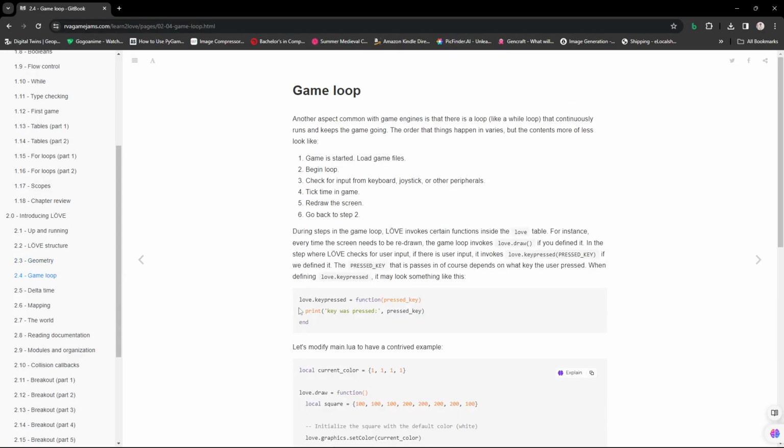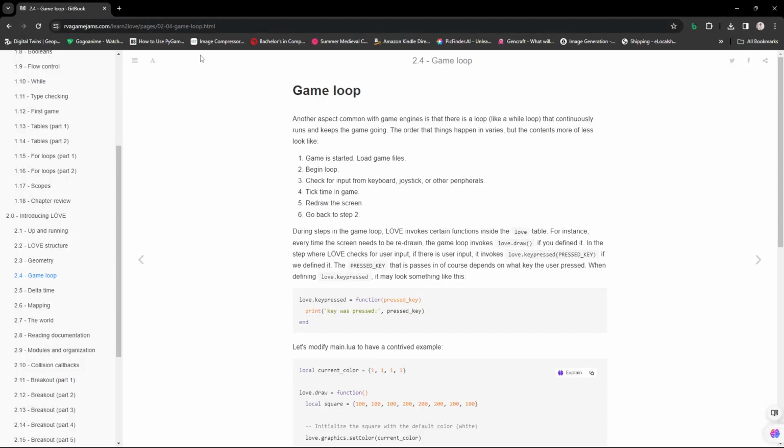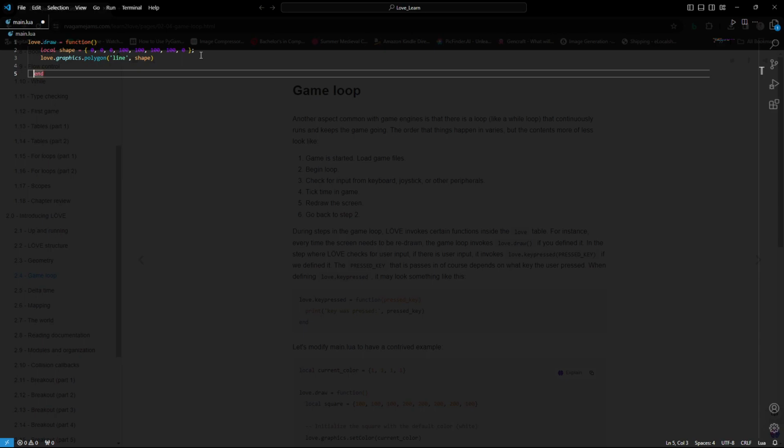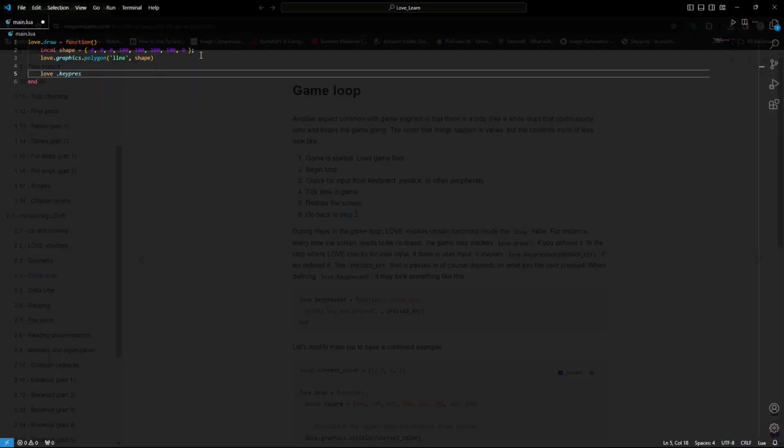Now let's go for the game loop. Love.keypressed function, whatever the key is pressed, we are going to print this particular thing. Let's try to do this. Inside the thing, we will throw it like love.keypressed equal to function,